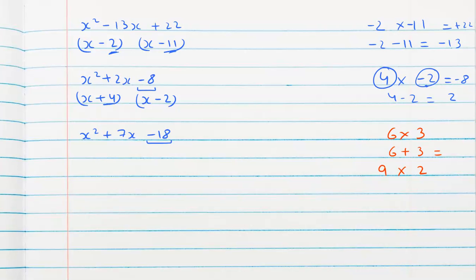When 9 and 2 multiply, we get 18, but we need a negative 18. So in order to get negative 18, remember one of these two numbers should be negative, and I said when the last term is negative, then the smaller factor will be negative. That means 2 will be negative, and 9 minus 2 is 7. So the answer for this one will be x plus 9, x minus 2. Okay,